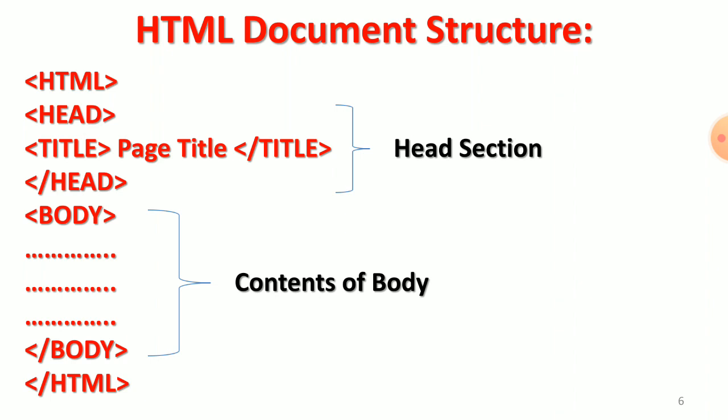That means the head section. And the second part, which is very important in the HTML document, is the body section. The body section contains the actual contents that are to be displayed in the browser's content window. Every entity in the document, such as a character, word, paragraph, table, image, etc., has a specific tag related to it. That is the HTML document structure, and the topic is very important. So remember this, students.